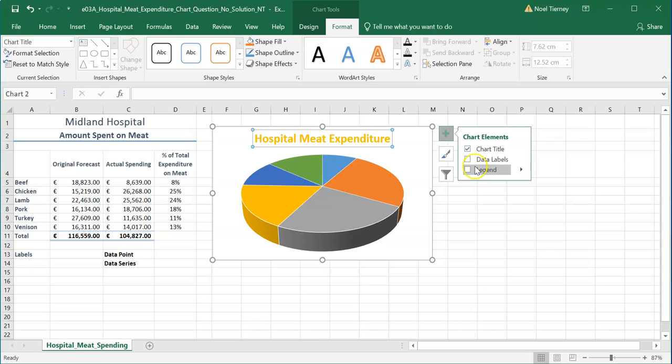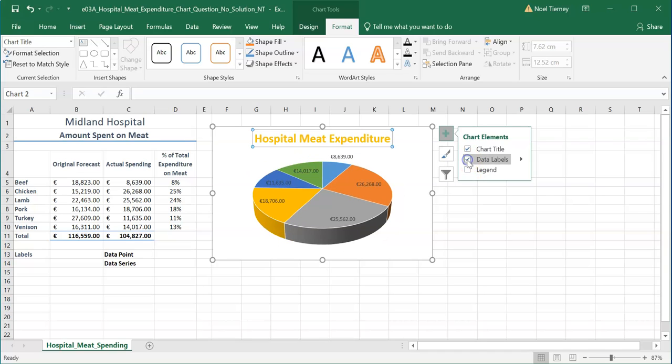So what I can do then is I can go into my labels, and my labels initially just display the amounts of money. They don't display the categories, as we call them. Okay, but when I go over here to my data labels and click on the arrow to the right of it,